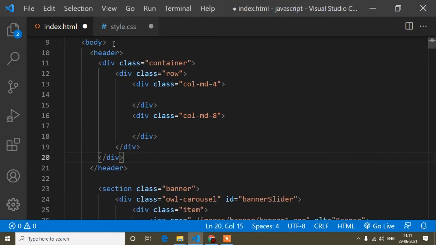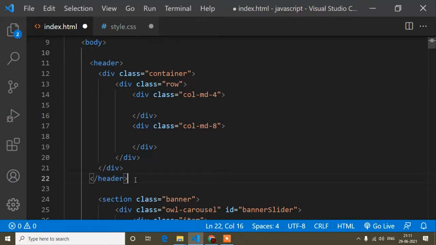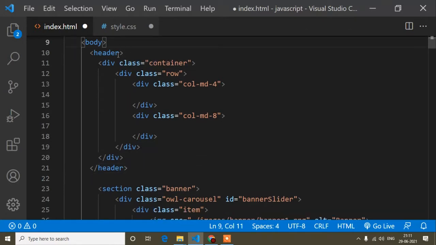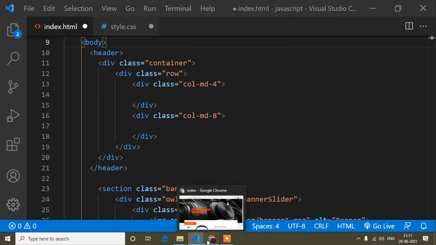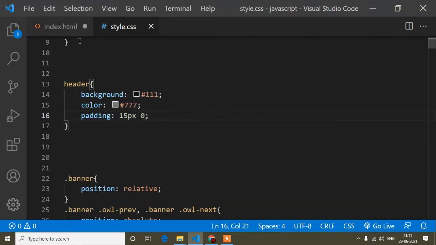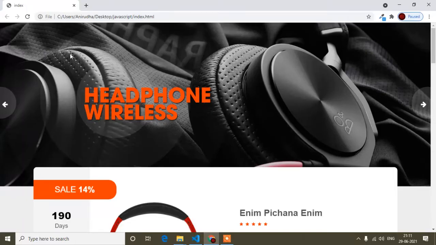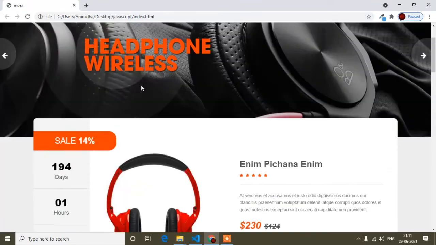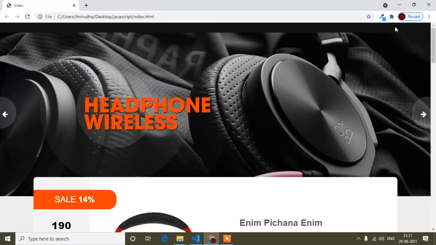And if I would write margin, margin means outside. Like this is the element, so margin would add space outside this header, like this. I cannot view this here, but I can view it in our browser. So now this header CSS part is done, so I will save, and save the HTML, and just refresh here.